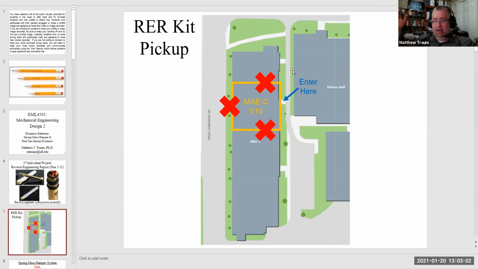Again, put your masks on, maintain social distancing at least 6 feet apart, and just as orderly as you can, go in one at a time, grab your kit, sign off on the ledger, and leave, and then the next student can come in and so forth. Noel will be there until 4 o'clock today. If we're not able to get everybody their kits by today, he could be there again on Thursday and Friday. Hopefully we'll have them all distributed by Friday, at least for the folks who are interested in the on-campus pickup.